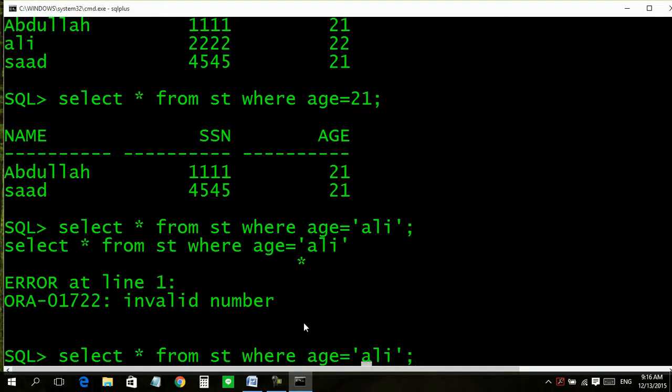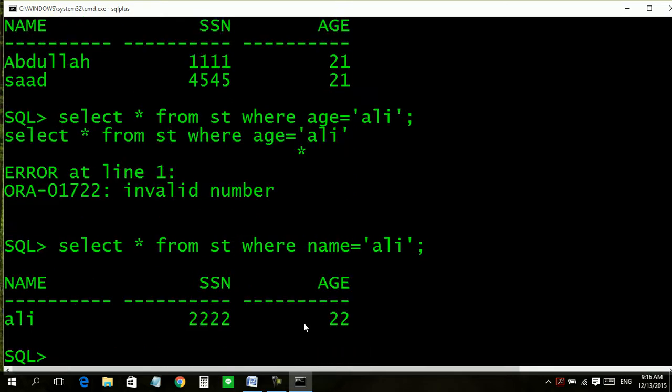Okay, this error is because we have not changed the column name, it is name. Yes, we get the information about a student whose name is Ali.